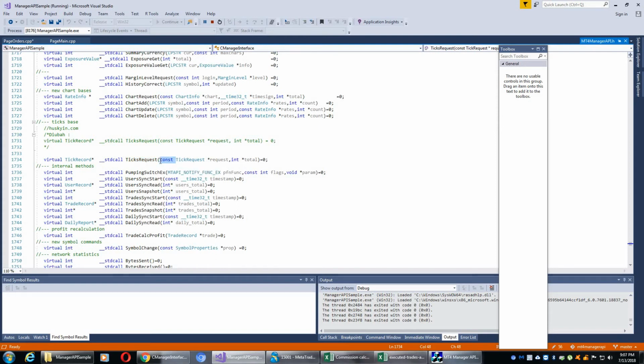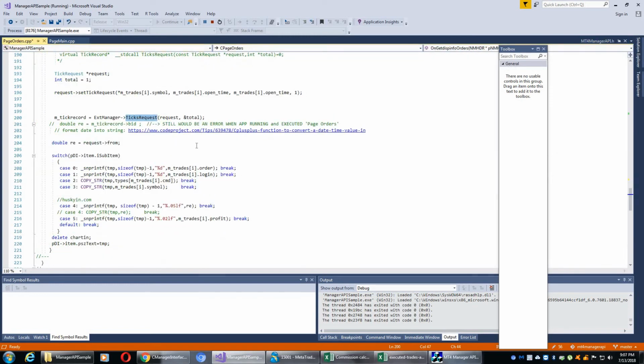Okay, I still cannot change the variables because it is already const, and I can't do anything. I can't hack this MT4Manager because it's already set up by MetaTrader. So what I did is